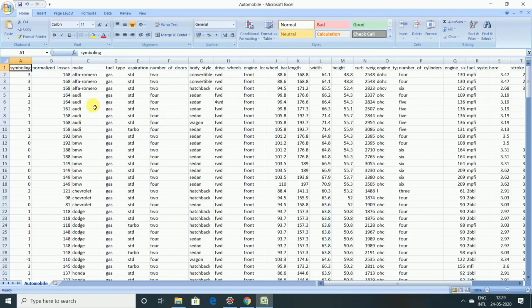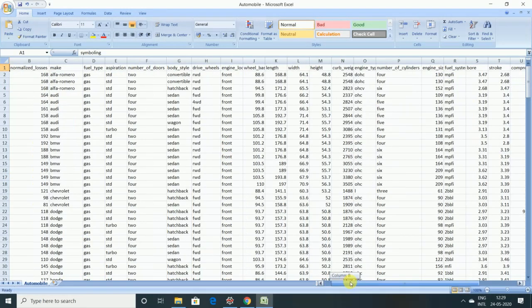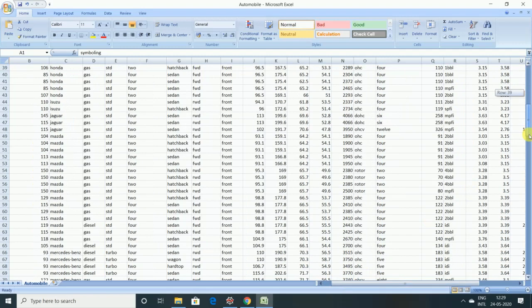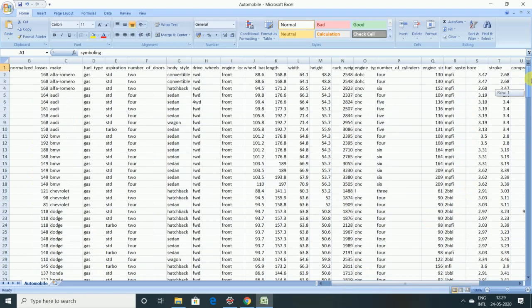In this dataset we have around 26 columns, including normalized losses, the make of the car like Audi, BMW. We have the fuel types like gas and diesel, as you can see here. And we have aspiration like standard and turbo, the number of doors for the car, 2, 4, and very important, the body style of the car, especially convertible, hatchback, sedan, wagon, hardtop. These are a few of the body styles for the cars.